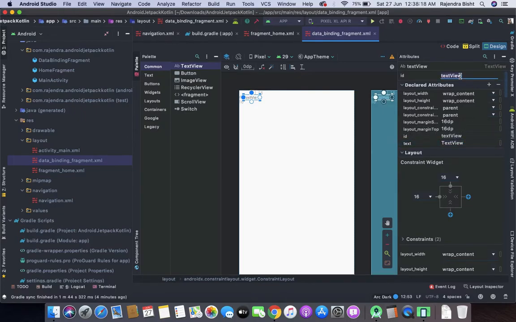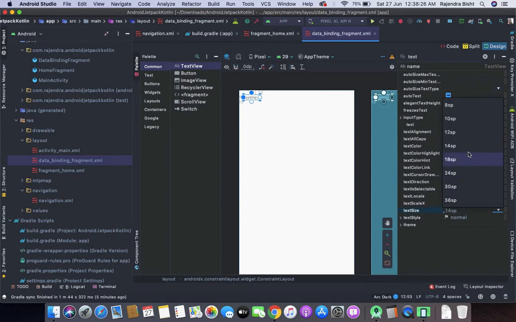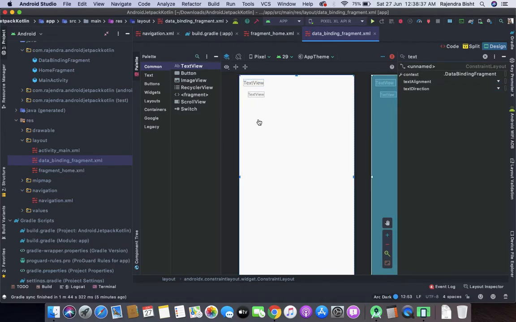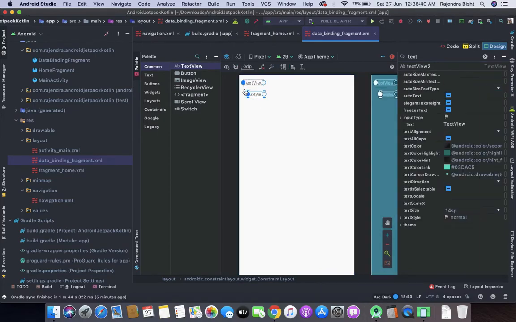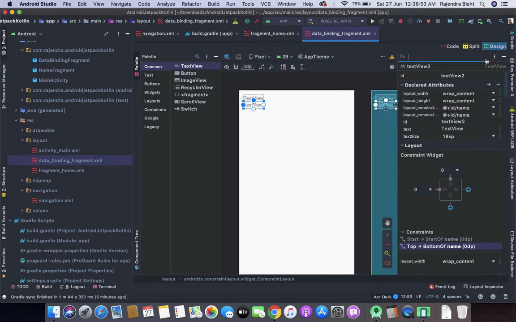Let's give it the ID name. Here I'm going to increase the text size so that we can clearly see it, and another text view. Let's say email.